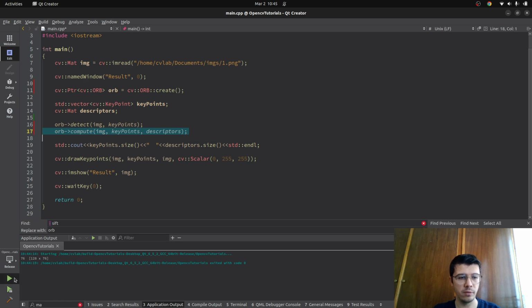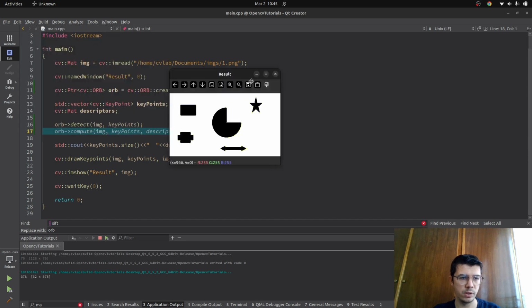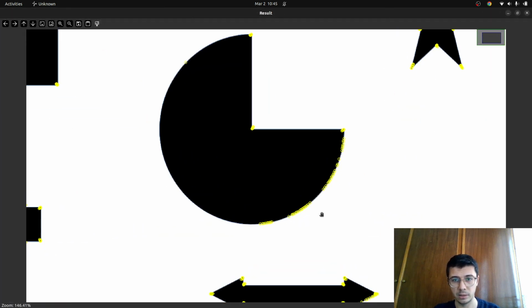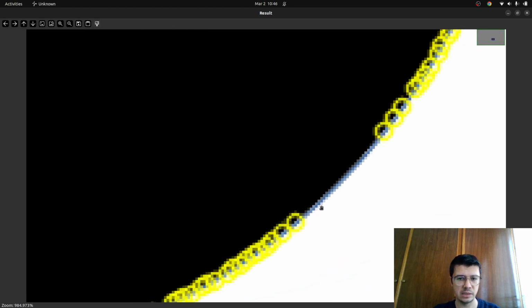Okay, we can run this and see how it looks like. Okay, so previously for the SIFT default values we were detecting 76 key points, and now we get 378, which is much. Let me make it bigger. You see here many yellows are the detected key points. Yeah, it's detecting here also